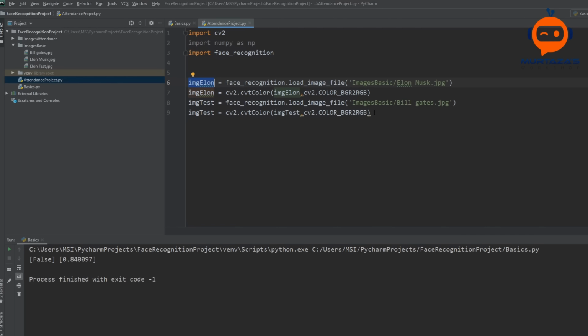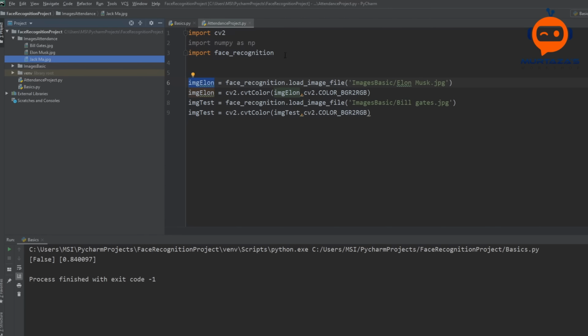So what we can do is create a list that will get the images from our folder automatically, and then it will generate the encodings for it automatically, and then it will try to find it in our webcam. So to do that, as you can see here, we have the images attendance folder, and we have 3 people here: Bill Gates, Elon Musk, and Jack Ma. So we will ask our program to find this folder and find the number of images it has and import them and find the encodings for them.